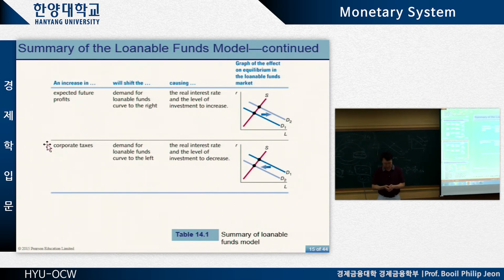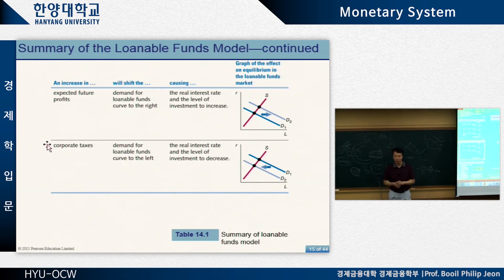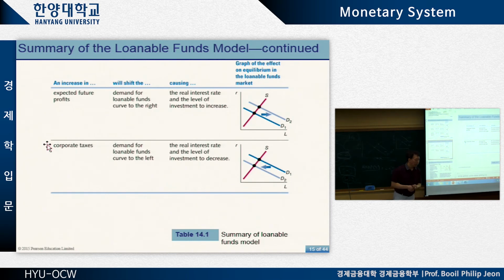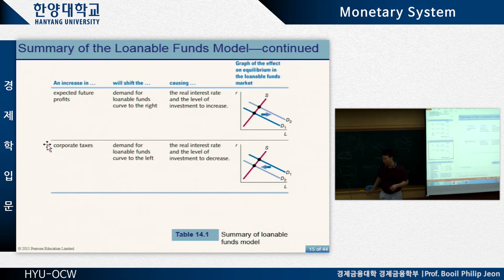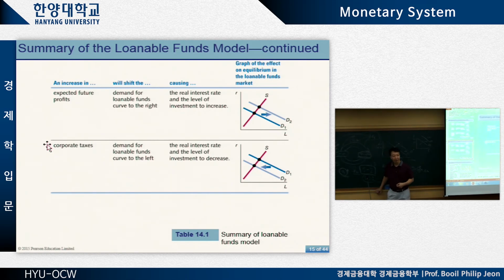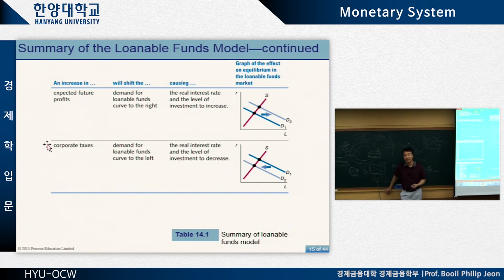Corporate taxes. Yeah, this is an interesting thing. There's a lot of controversy about corporate taxes, right? In every country, in the United States, the Democrats, President Obama's party, always try to increase the corporate taxes and use that tax revenue to help the poor people. The Republicans, President Trump's party, are always on the side of the businesses and the wealthier people, so they try to lower the corporate taxes.